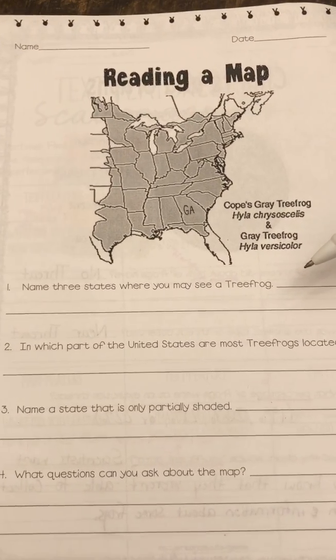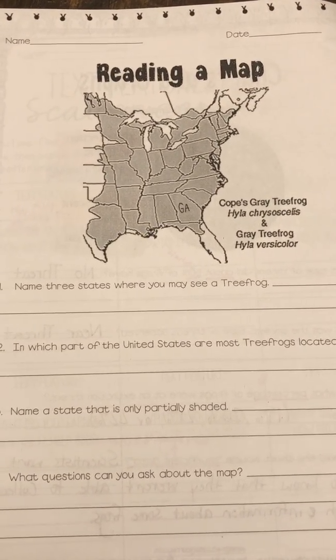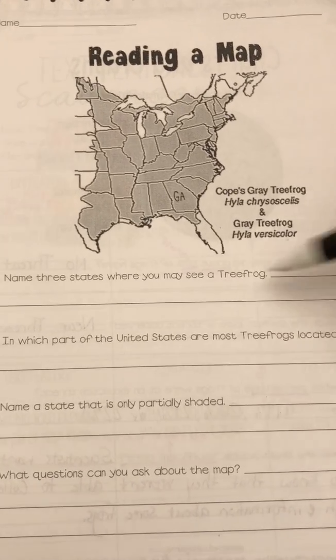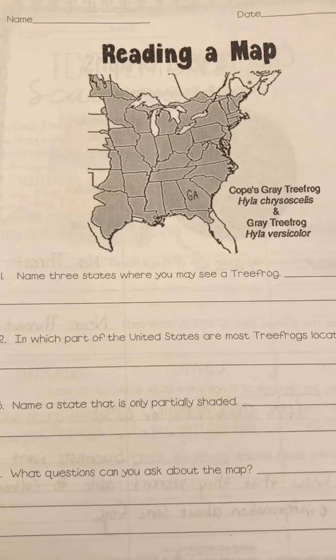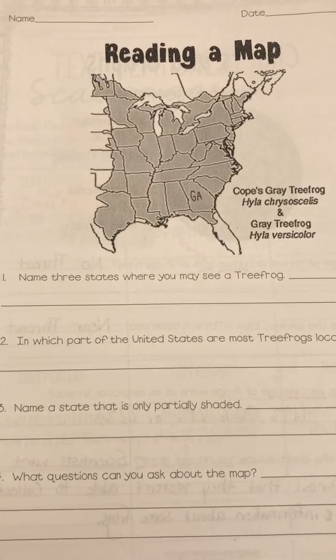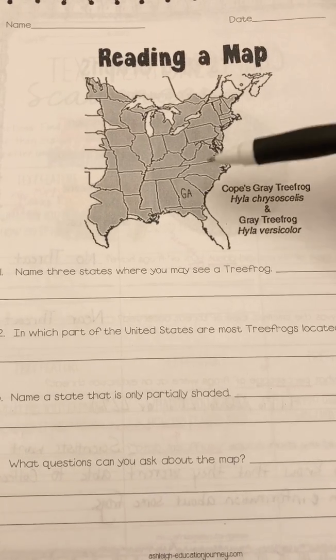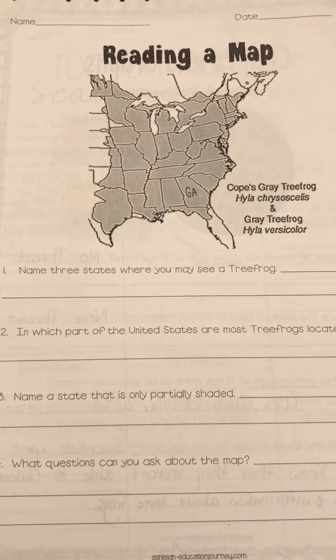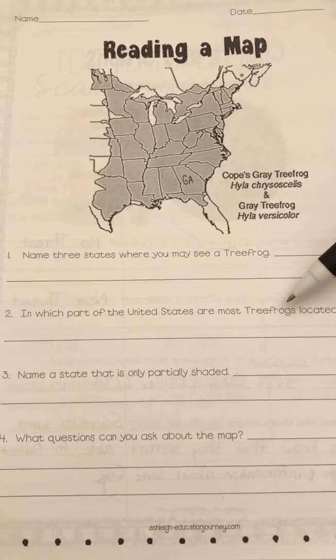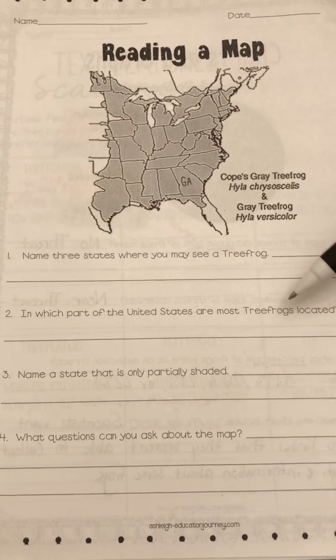So on the first one, it says name 3 states where you may see a tree frog. So you're going to restate that question and then answer it. Give me 3 states where you could find that tree frog, okay? And like I said, you can use a map to learn the names of other states if you need to. All right, number 2, in which part of the United States are